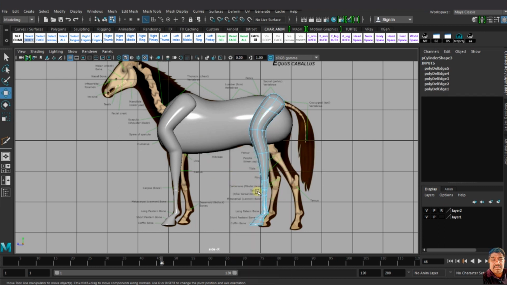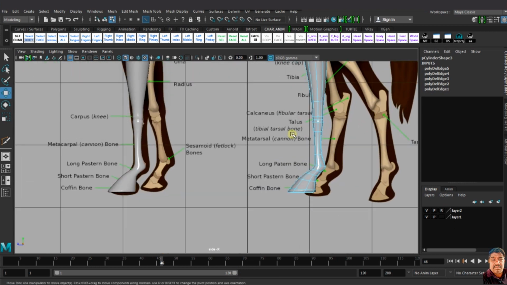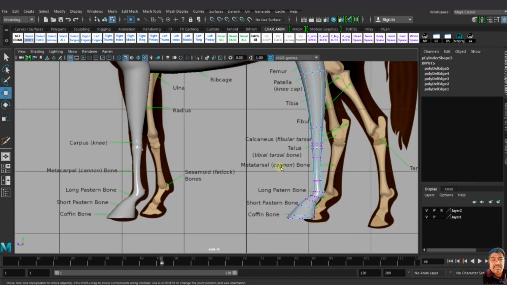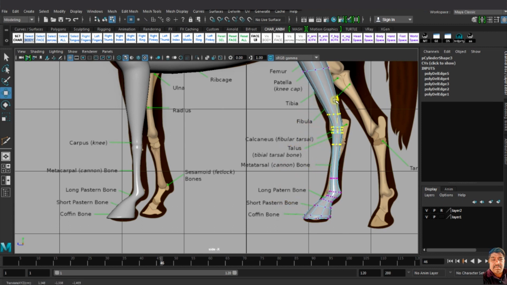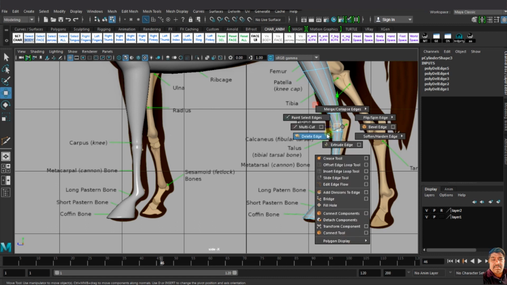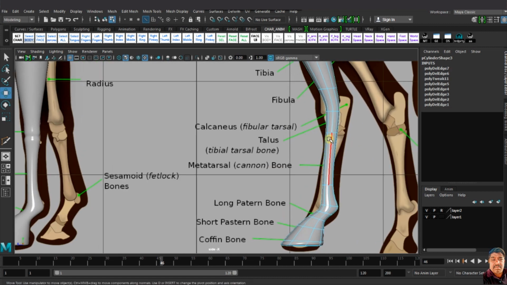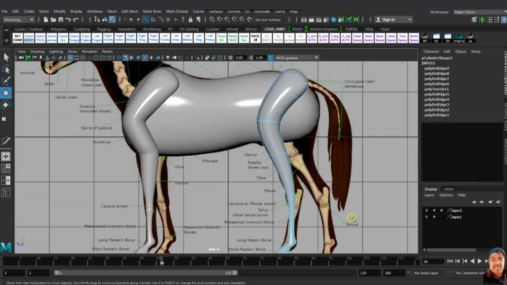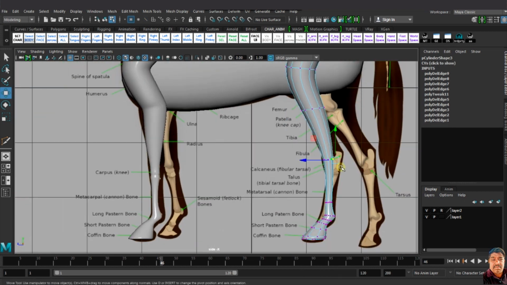I just select, this is my front leg and this is my rear leg. I just select and copy it, duplicate it and place it on the rear leg. And after then I delete all the restriction. I don't need so many lines, so many edges. I make it simple, like the first initial one.